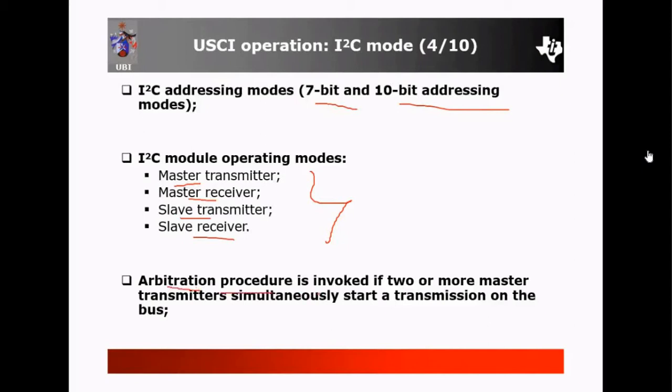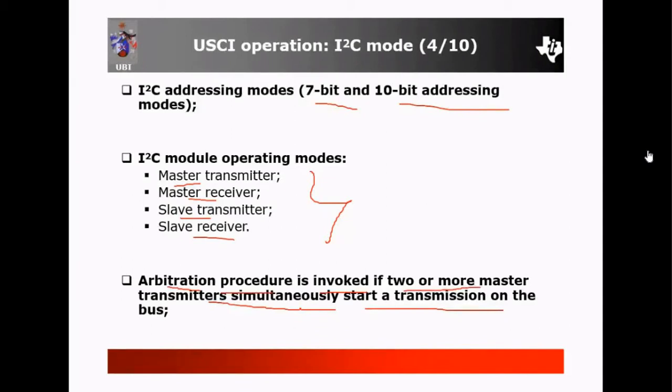Arbitration procedure is invoked if 2 or more master transmitters simultaneously start a transmission on the bus. Now let us consider there is more than one master. If 2 or more masters are transmitting data simultaneously, then what will happen?